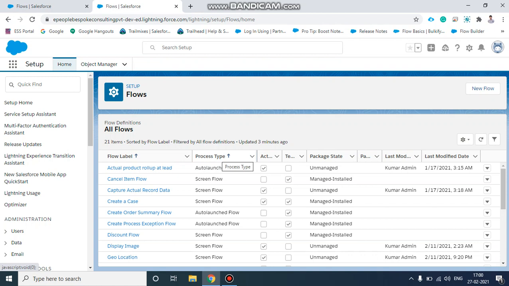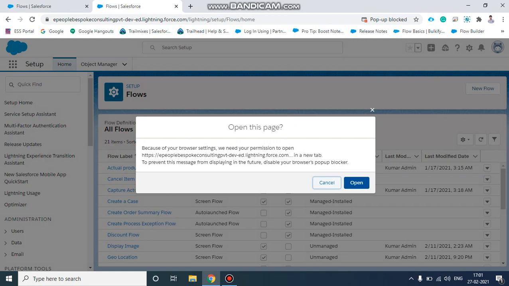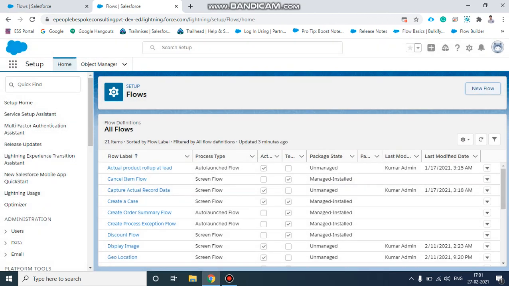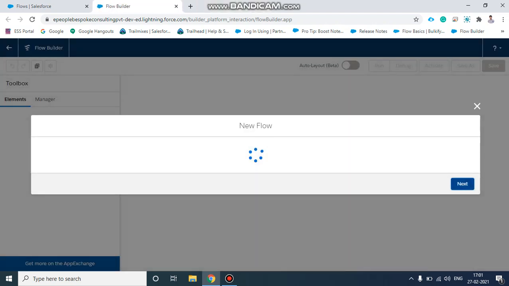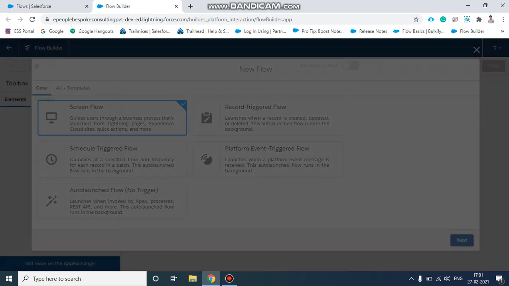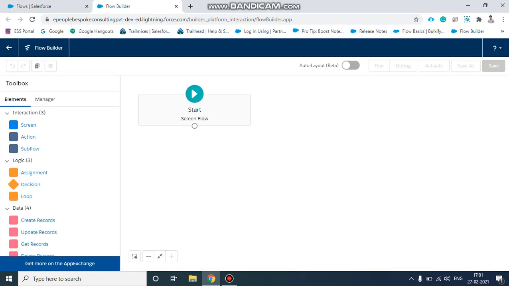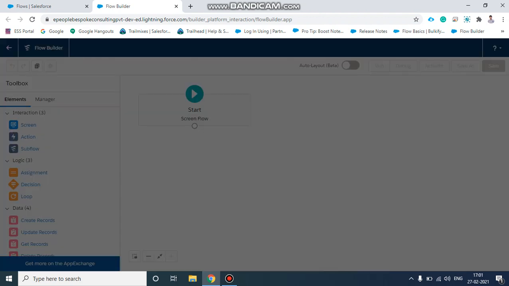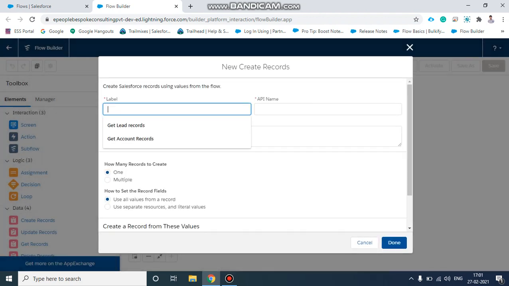So I wanted to show that example for you all. We will jump into our scenario in the Lightning Flow canvas. For that we will use a screen flow. Click on New, create a new flow, select Screen Flow, click on Next, and use Free Form. First I will get the opportunity record, where I am uploading the files.